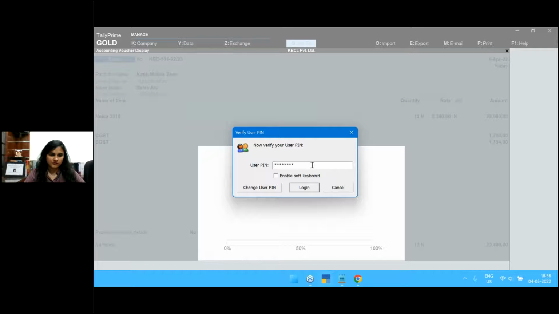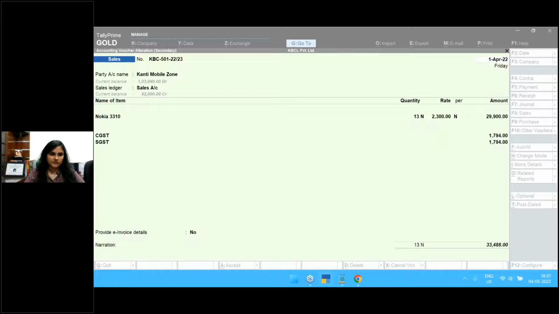The important thing is, once you enter this particular PIN, you need not enter it again unless you detach your DSC dongle, or you turn off your computer, or close this particular instance. If the DSC is attached to your system, you need not put this PIN again and again. Okay, so I enter this login and the document has been exported,